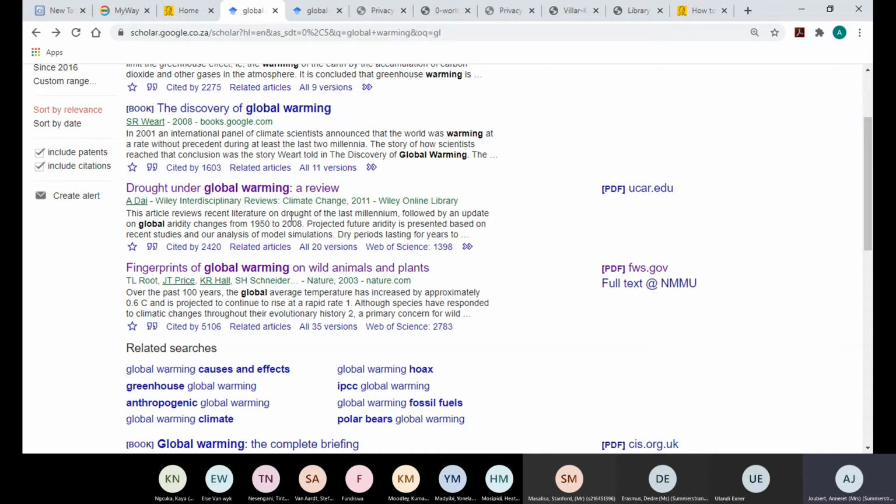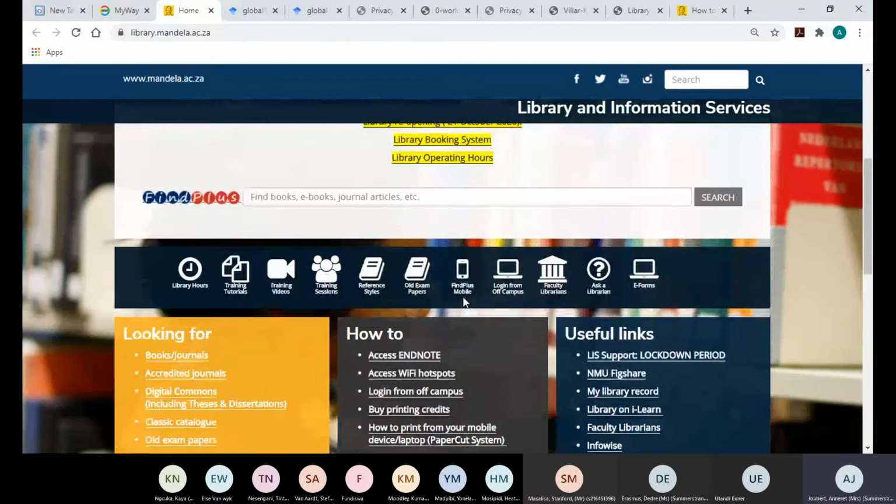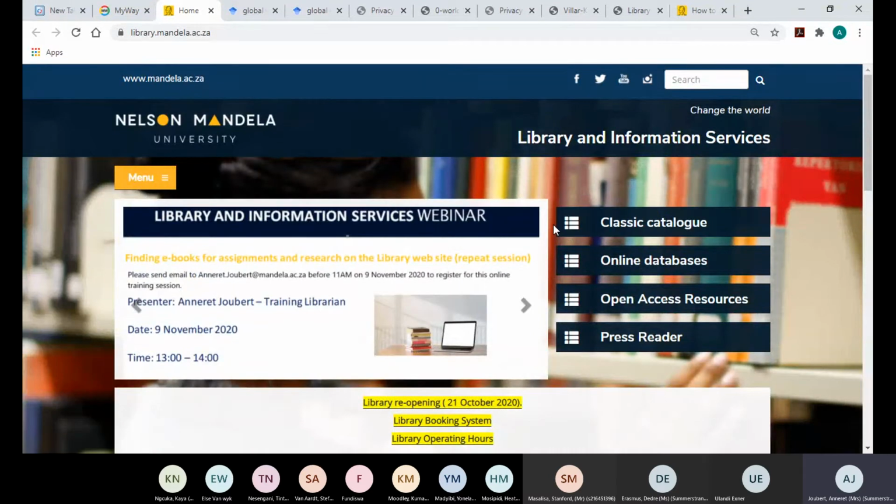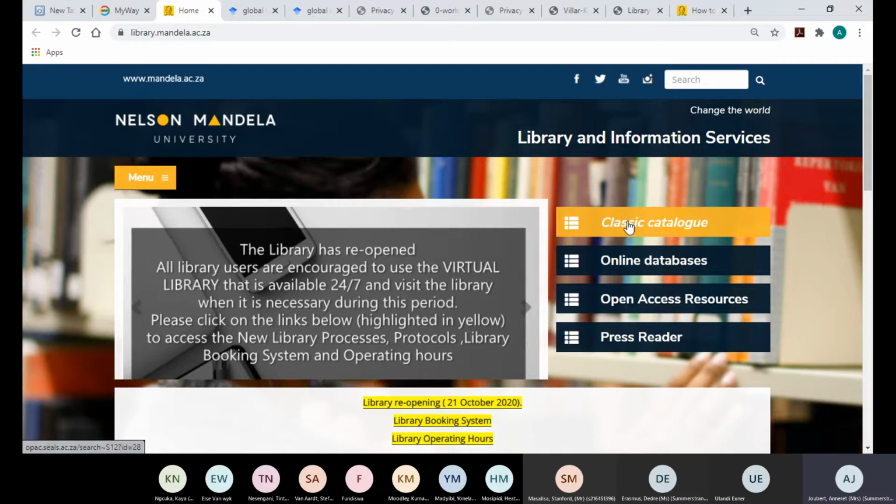So to access, you can also use this option by going to your classic catalog. When you have a list of references and you want to find the full text articles of this specific reference list or reference that you have, you can go to the library website, to the home screen, and you can access the full text articles via the classic catalog. So if you click on classic catalog,